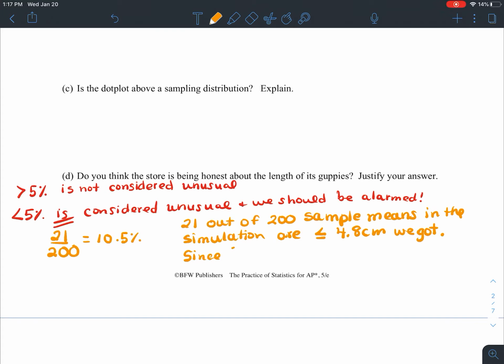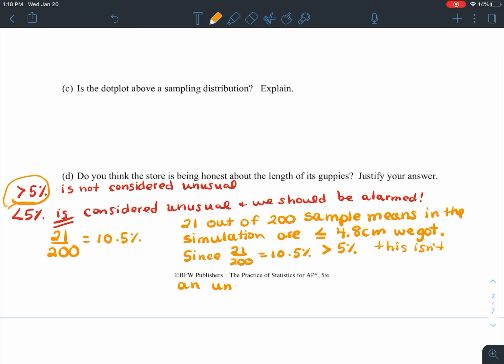Okay, now since 21 out of 200 is 10.5%, and that's well above the 5% mark, since 10.5% is greater than 5%,